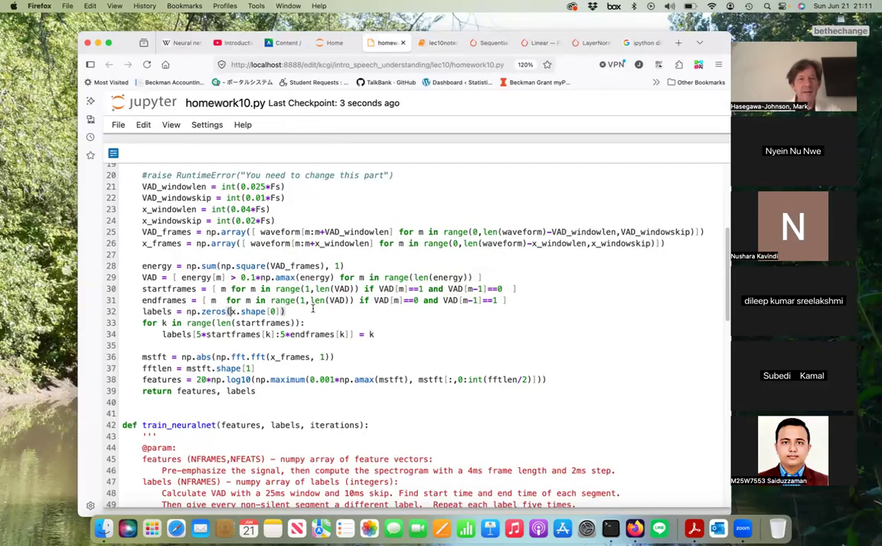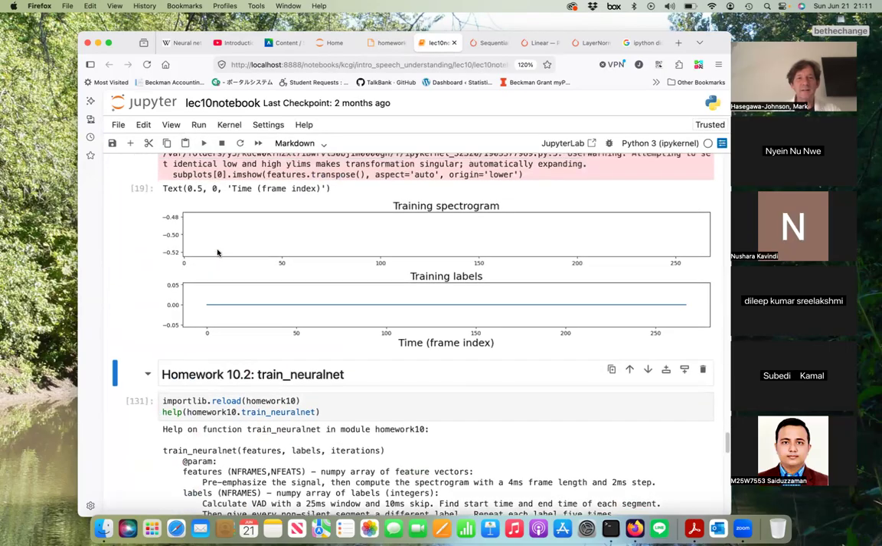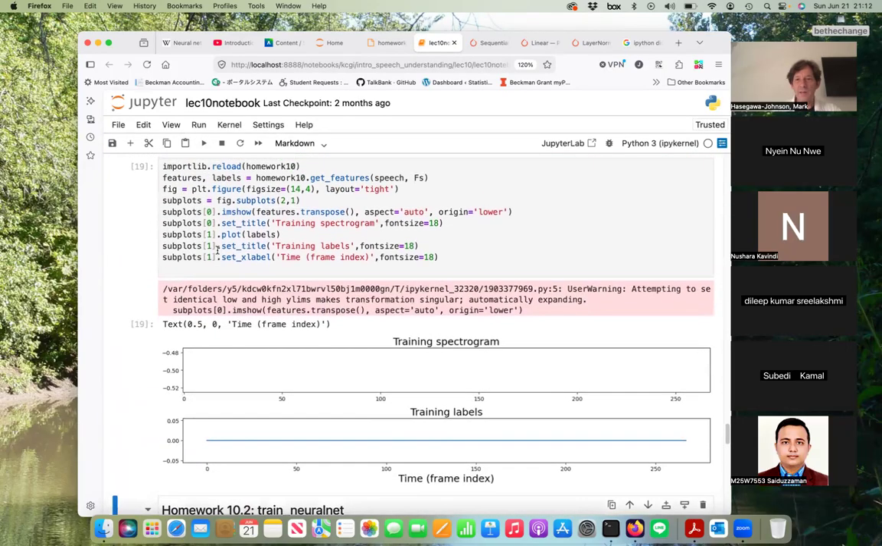All right. Labels, we want that to have as many features as X frames has rows. So there will be as many labels as there are rows of X frames. All right, so we've got labels equal numpy zeros, X frames shape. Let's go ahead and try that. Okay, it looks like